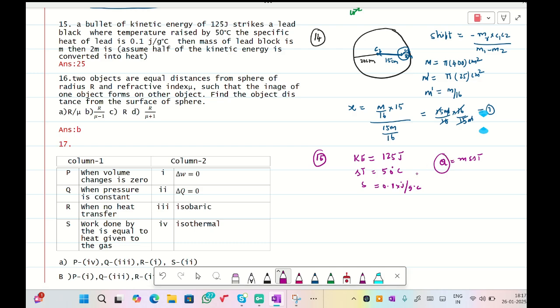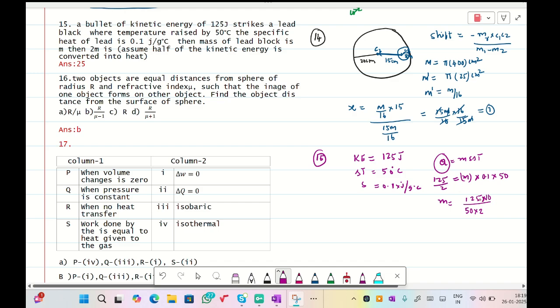The heat is coming to the lead block from the kinetic energy. So here a clue is given: assume half of the kinetic energy is converted into heat. Heat energy is equal to half of the kinetic energy, so 125 by 2 is equal to m, which we have to find out, into s, which is 0.1, into delta T, which is 50. So now m is equal to